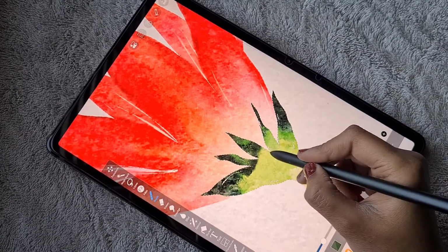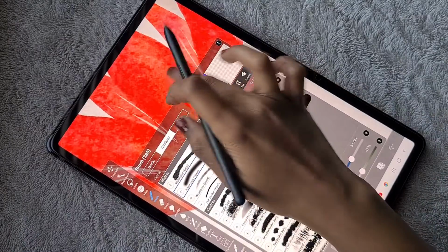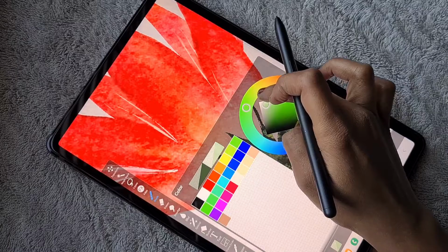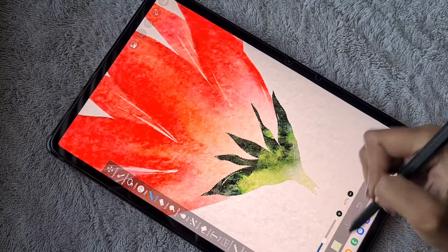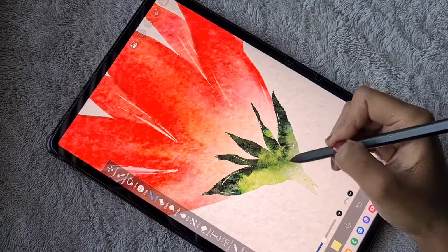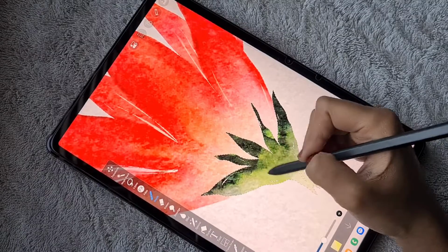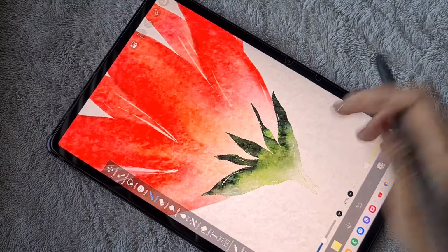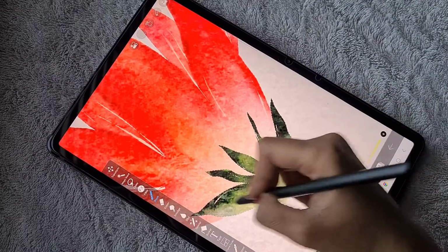Again I feel like I have to add some strong green strokes, so I just did that, and using the watercolor water brush, with some mild green color, I'm just blending them. Now you can see the areas that I have removed using the subtract tool. So this looks good,